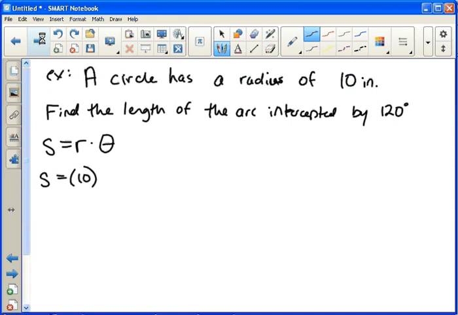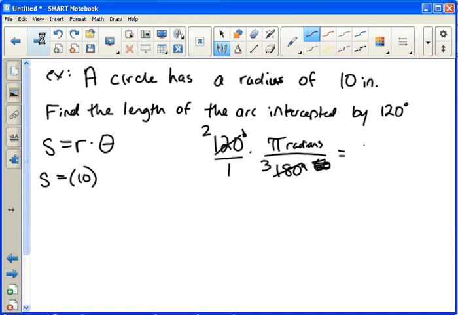So 120 degrees times pi radians over 180 degrees. Okay? So the degrees will cancel. 120, 180 are both divisible by 60. Sorry, so this would be 3. This would be 2. So we end up with 2 pi on top and 3 on the bottom, and that's radians, which is what we needed. So we would plug in 2 pi